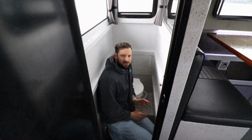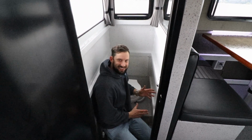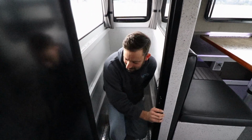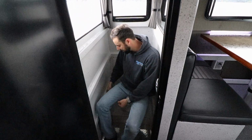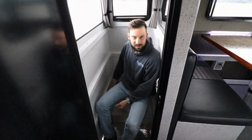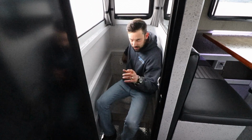It's not the position you want to find yourself in on a boat, because usually bad things happen. But anyhow, I'm just going to show you a few things here. So that is self-explanatory. But this one we have an electric pump. So instead of having to pump it like our standard toilet, this one electrically flushes, has a built-in macerator, dumps down into the holding tank, and then we can pump overboard with this key, which I'm not going to do